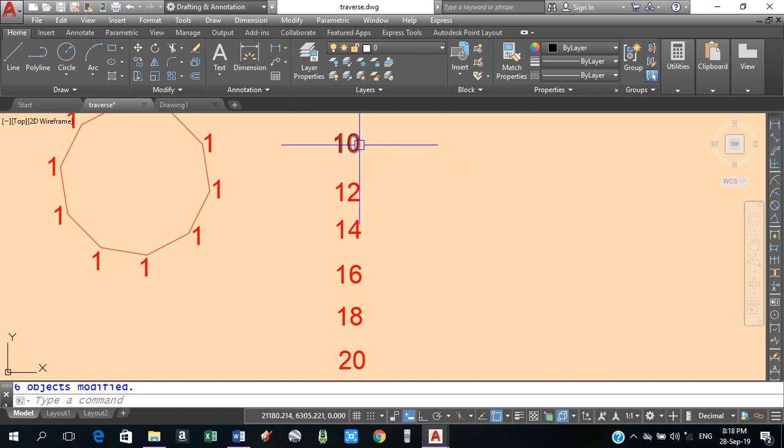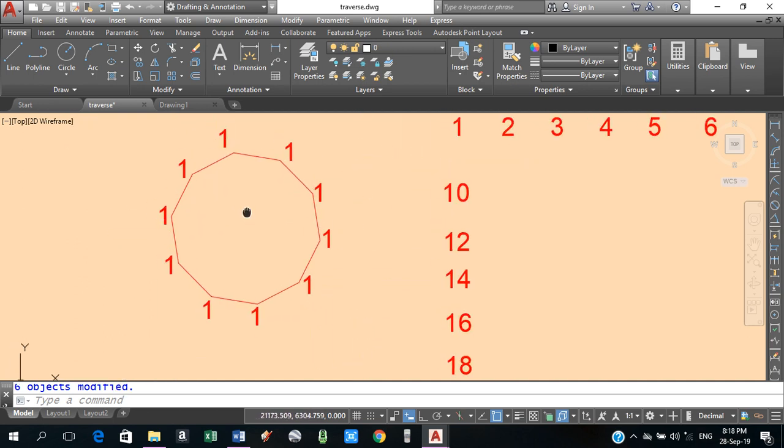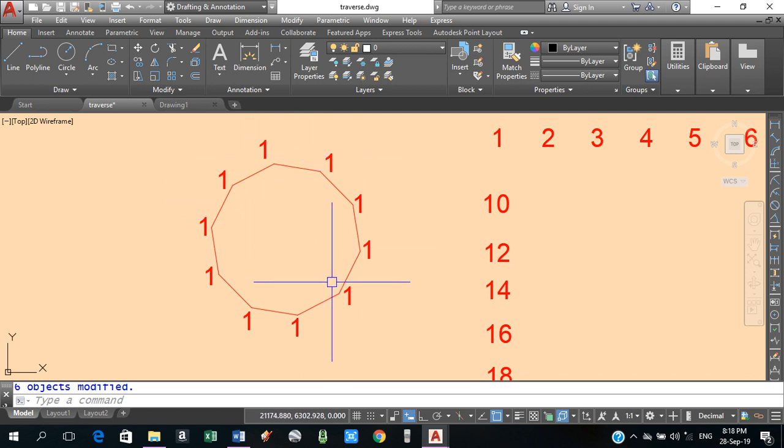Increment means your first number plus your increment. So 10 plus 2, 12. 12 plus 2, 14. 14 plus 2, 16, and so on. This was for when the text is in x or y axis. Here you see I have a figure. This figure has numbers. I want to change all of them also in a sequence.